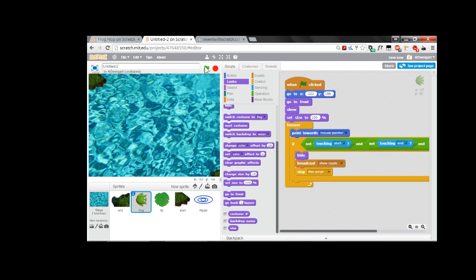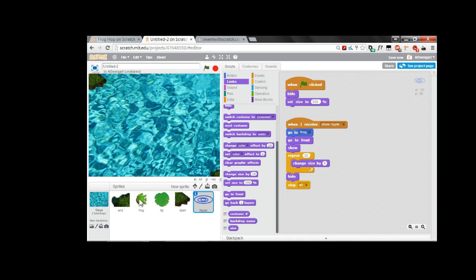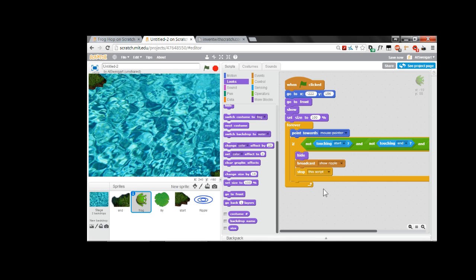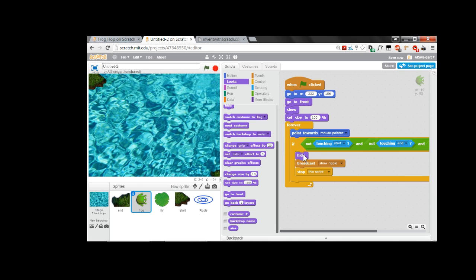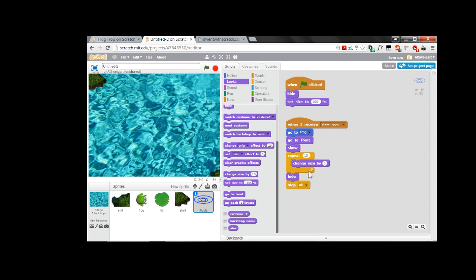That was pretty nice. You can see that expanding ripple effect, and then it shuts down the program. So that's exactly what we want to have happen. So whenever the frog is not touching the starting or ending land sections, and it's also not touching the lily pad, then we know that the frog has fallen into the water. So we hide the frog, we broadcast this show ripple message, which causes this code